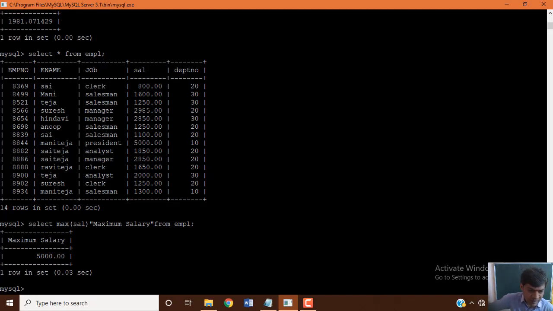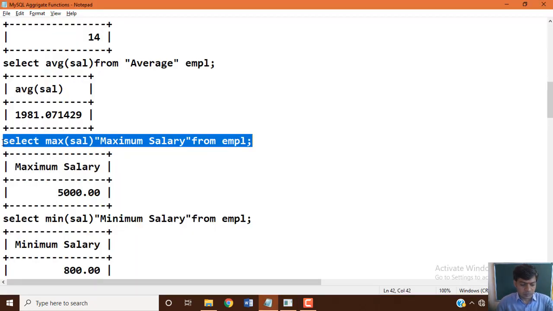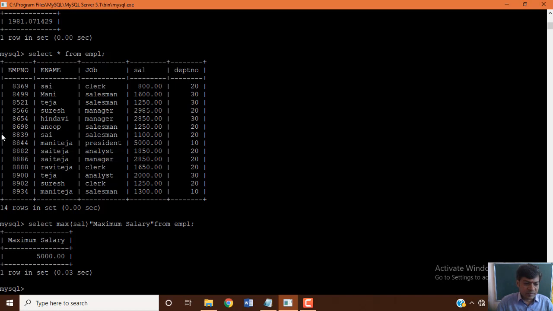Select max of salary, maximum salary from employee. You can see clearly, looking at all the employee salaries, only the president has the maximum salary, that is 5000. You can see 5000 here as the output, maximum salary.